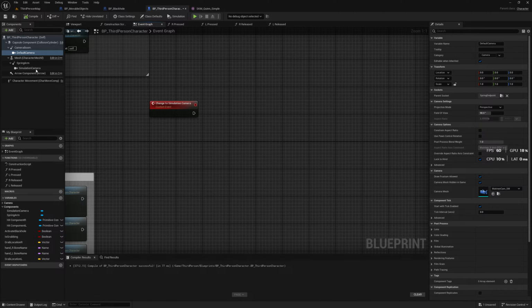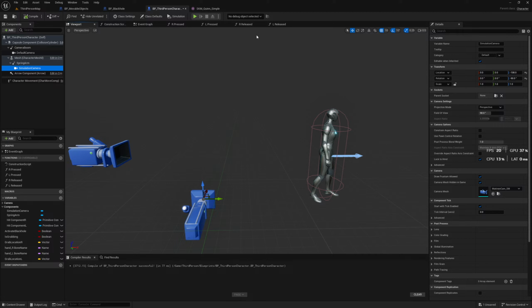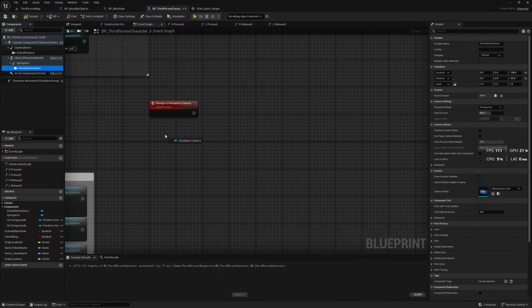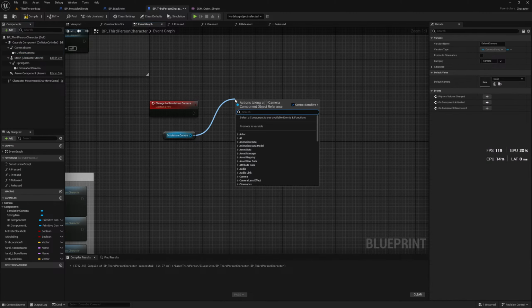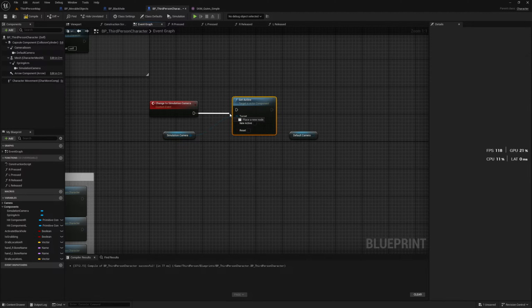From here we're gonna get the simulation camera and the default camera. From the simulation camera, we're gonna set active as new active and duplicate this